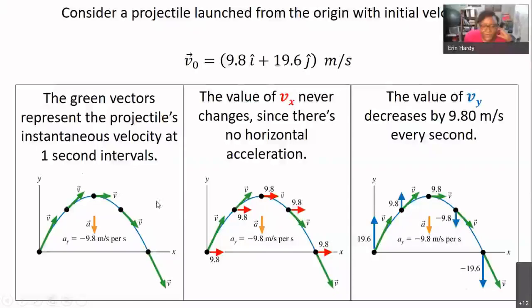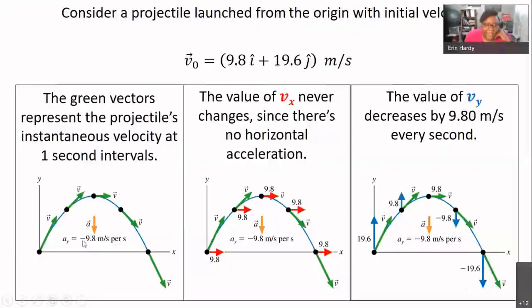I can decompose each of those green vectors into red and blue components, the reds being horizontal. They're all the same magnitude because of the absence of an acceleration in the horizontal direction. And then the blue vectors do change their magnitude because the acceleration is non-zero and it points down. So the ball goes from moving up quickly, if we're just looking at its vertical component, to not moving at all, and then it starts moving down quickly. We can write that in unit vector notation because we know that